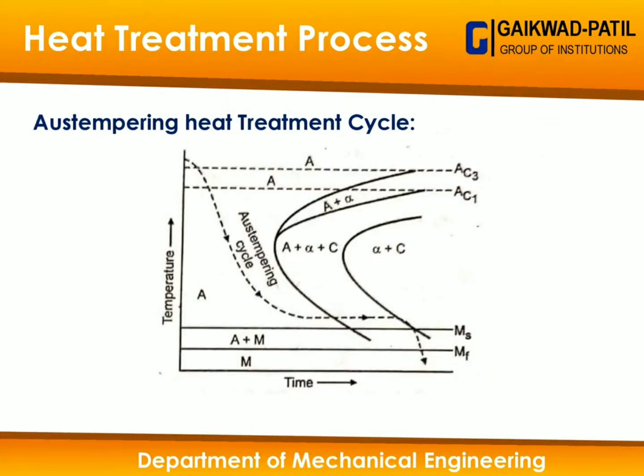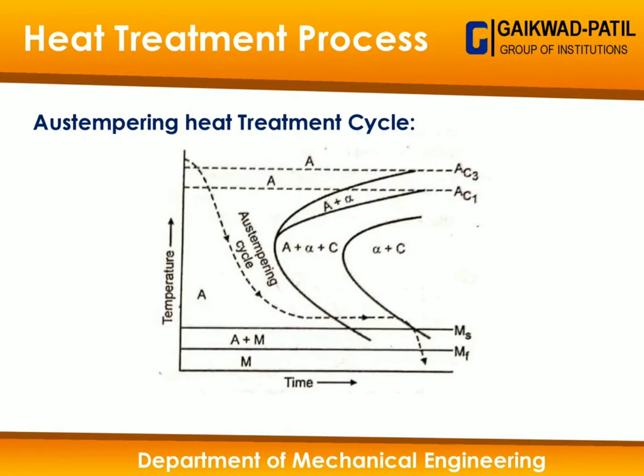After the martempering heat treatment cycle, there is the austempering heat treatment cycle. In this case, the gamma austenite sample is cooled down fast, but above 200 degrees centigrade, the sample is allowed to stay in isothermal conditions for 1 to 2 hours. Then we will get a bainite type of crystal, which is less hard than martensite, right?